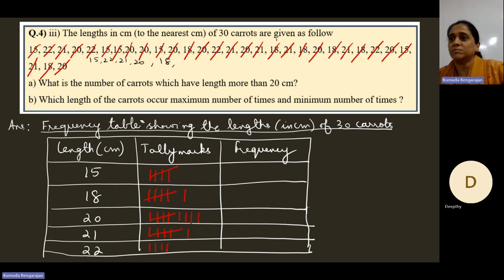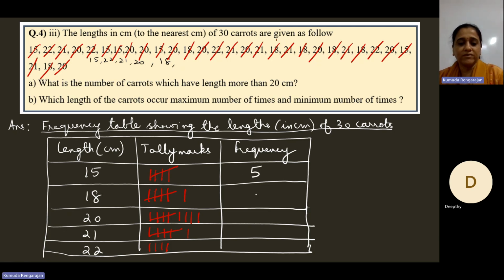In the exam you should do this. If there are 50 numbers in the question paper, slash each number you have used. So even if you are disturbed or interrupted in the middle for some reason, you don't have to come again from the beginning. You can continue because you have slashed the numbers for which you've already put the tally mark, right? You can just continue. Yeah, do this.